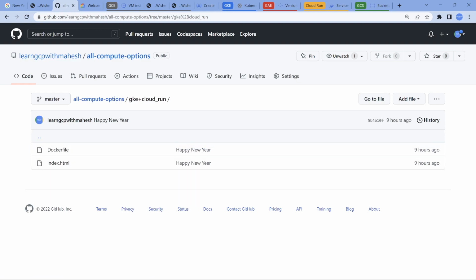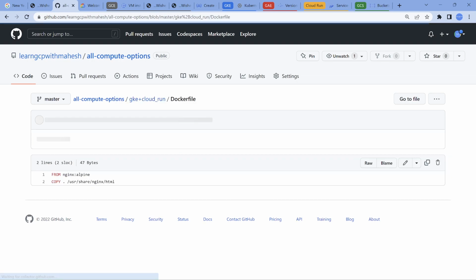So what I have done is used the same HTML page, and I've also added a Dockerfile. It's just two lines. I'm using the Alpine image, the most lightweight Linux distribution you get. In that I have Nginx installed, which is a publicly available image, and I'm just copying that HTML page to this location. First I have to create a Docker image and push it to a